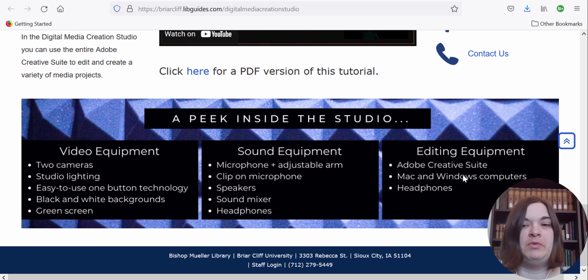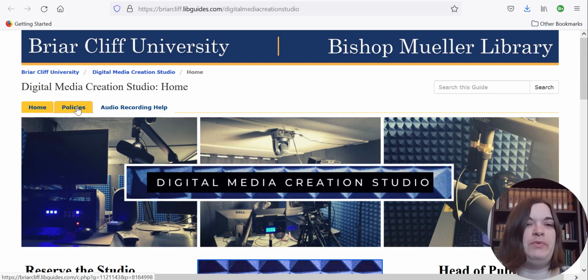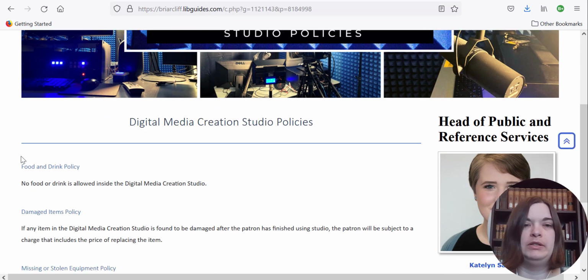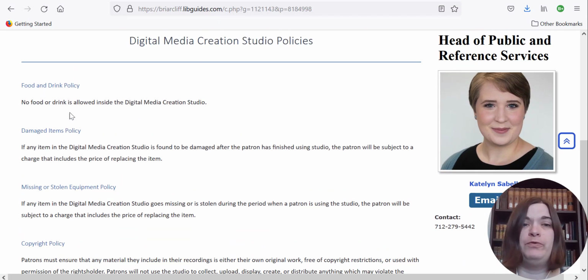And here is some of the resources available within the studio, including the video and sound equipment, as well as editing equipment. Additionally, we have our policies listed on this page for the studio. We do not allow food or drink inside the studio, and if any of the items are damaged, then the patron will be subject to a charge that includes the price of replacing the item.